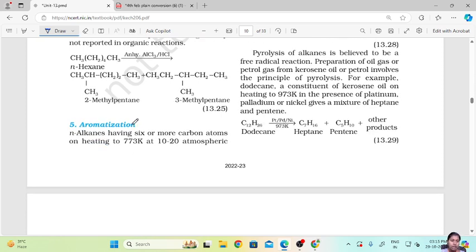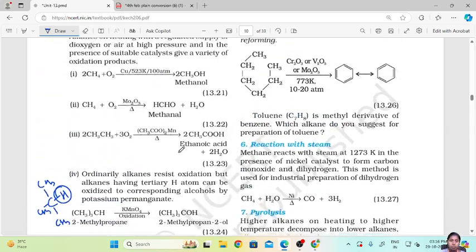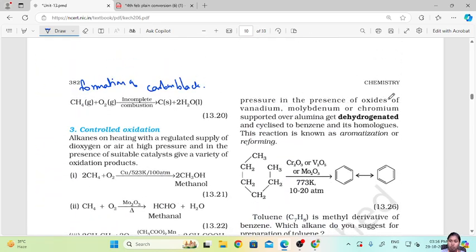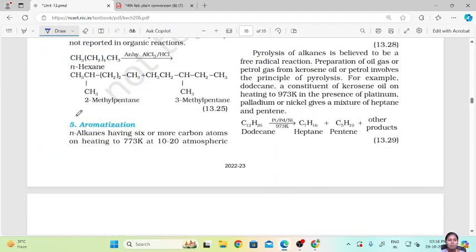Next is aromatization. Now n-alkanes having 6 or more carbon atoms on heating to 773 Kelvin at 10 to 20 atmospheric pressure in the presence of oxides of vanadium, molybdenum or chromium supported over alumina get dehydrogenated and cyclized to benzene and its homologues. Now what does this mean? You have n-alkanes of 6 or more carbon atoms. Okay, when you have an alkane chain of 6 or more carbon atoms, when you heat it at 773 Kelvin